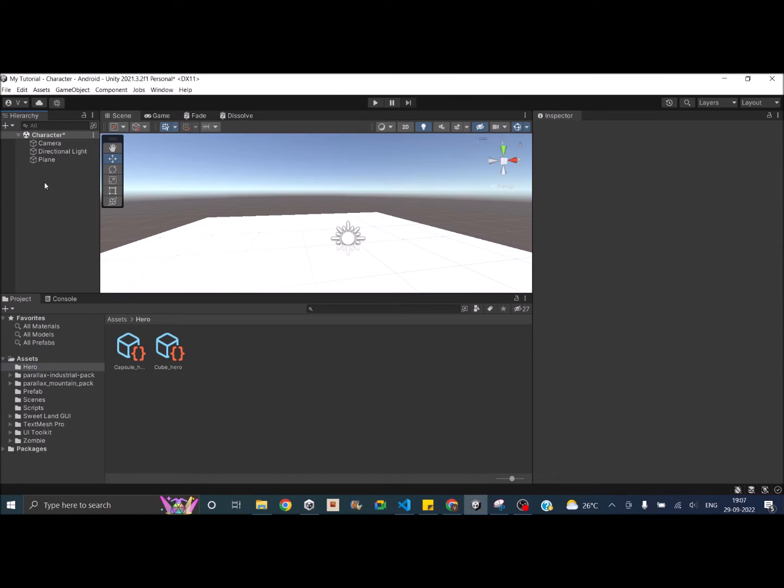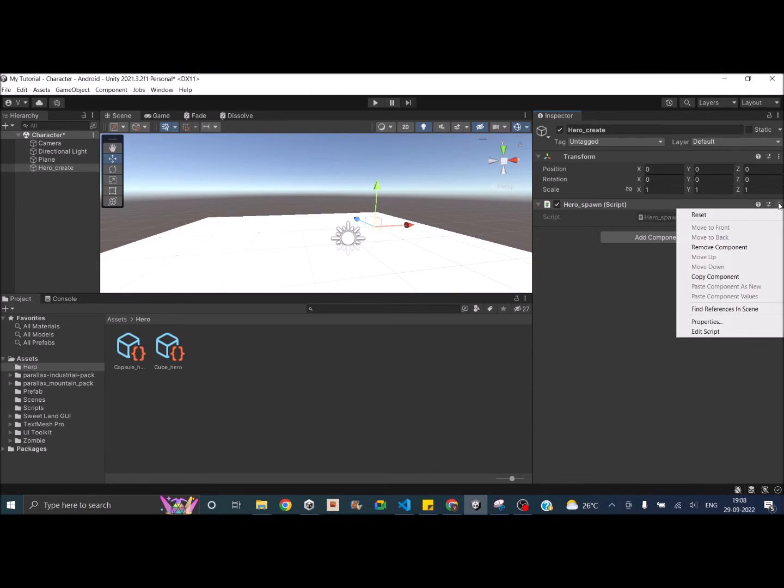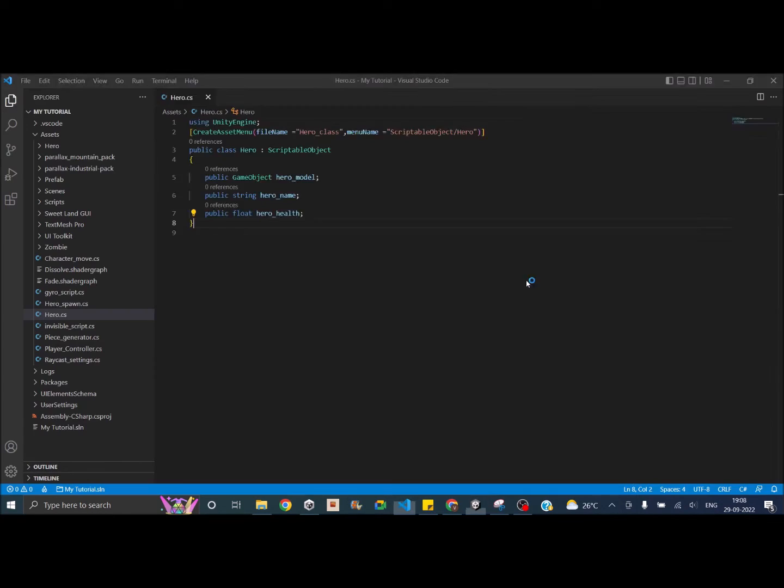Now to use them, you have to create a script which derives from MonoBehaviour, and you have to assign the scriptable objects to that script. So let's go ahead and create an empty game object, and let's call it hero create. Okay, and let's reset the position to 0, and let's create a new script called HeroSpawn. Now let's open HeroSpawn in Visual Studio for editing,